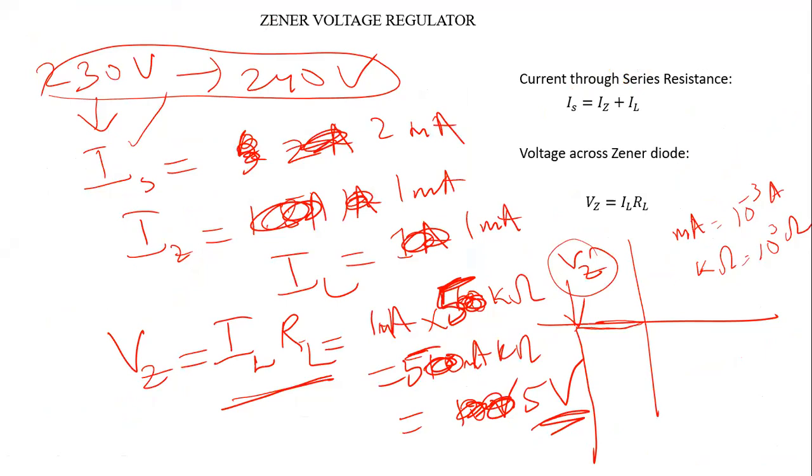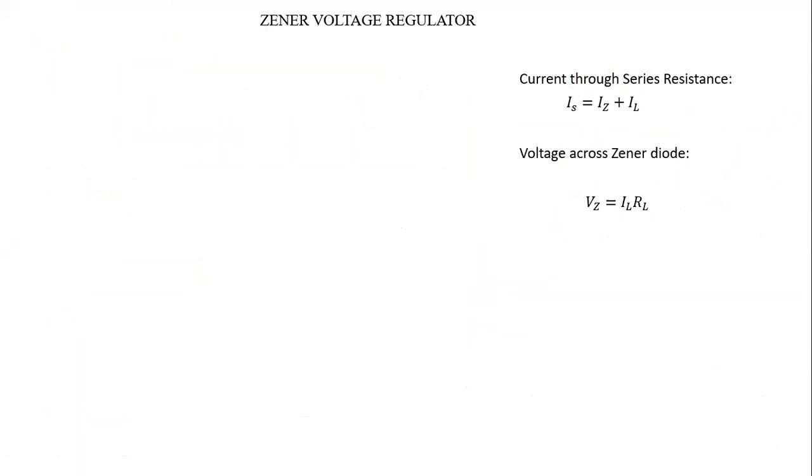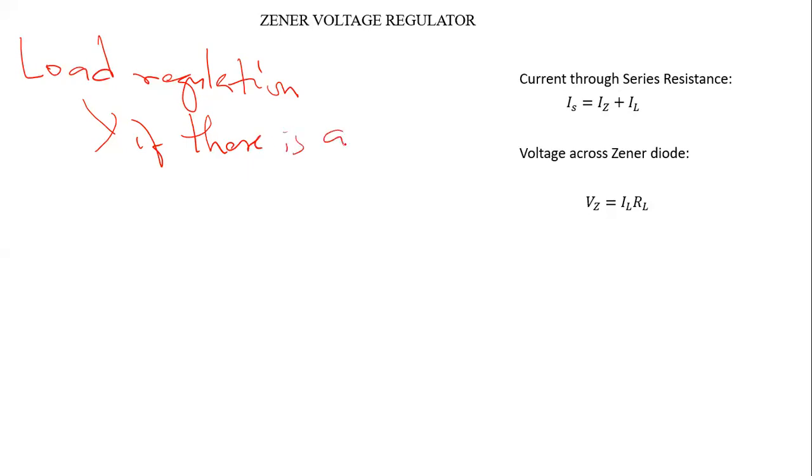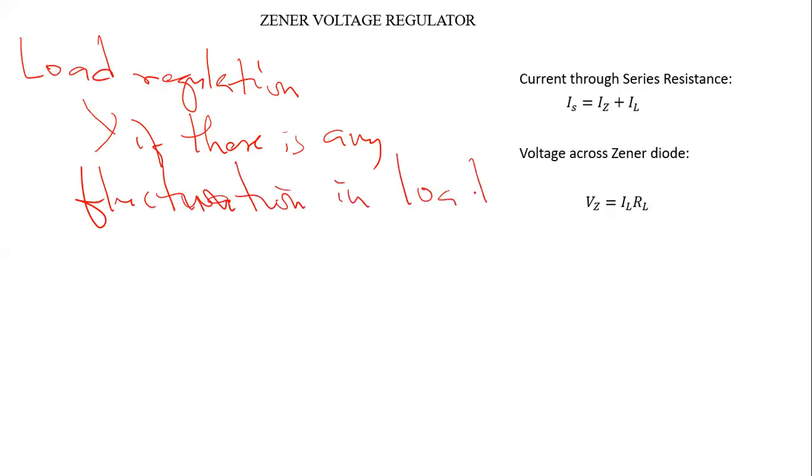Now, let us consider another possibility called load regulation. Load regulation means if there is any fluctuation in load resistance RL. See, sometimes when you connect your television and all, you are using your television or your radio system or